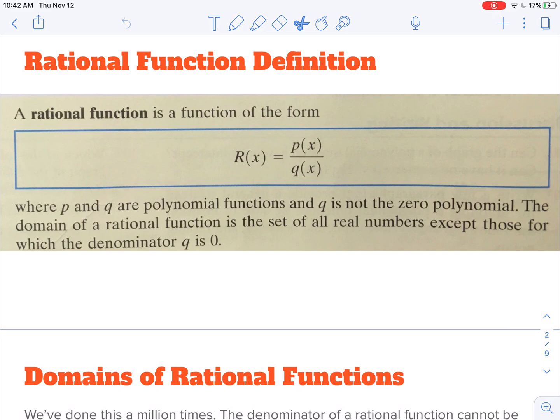A reciprocal function resembles a very specific type of rational function. It's like all squares are rectangles, but not all rectangles are squares. All reciprocal functions are rational functions, but not all rational functions are reciprocal,